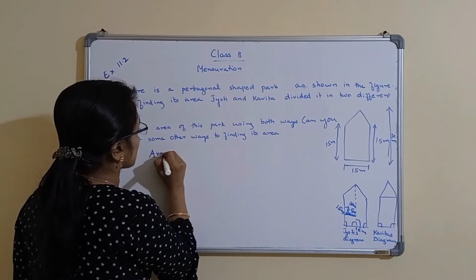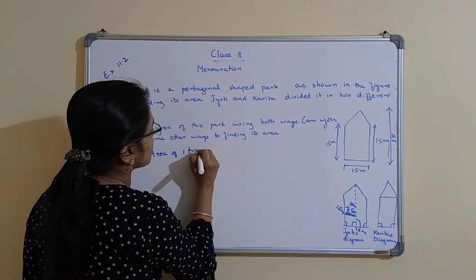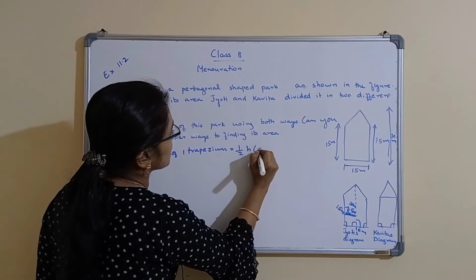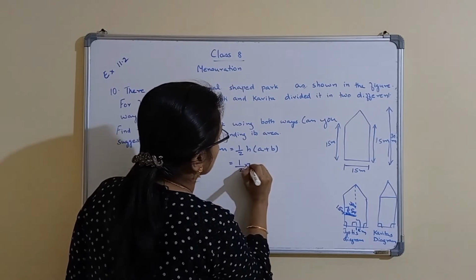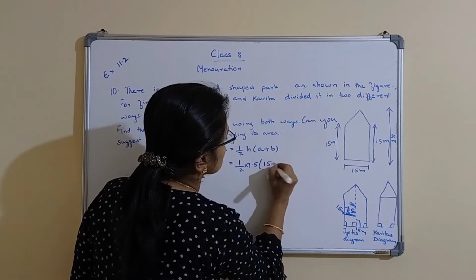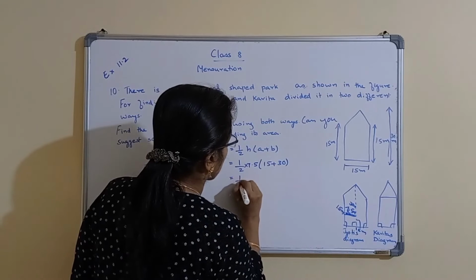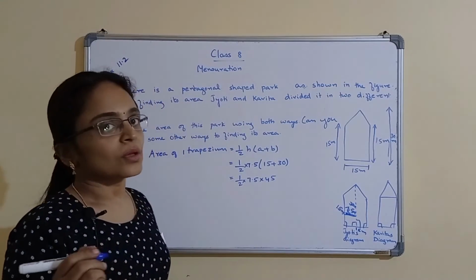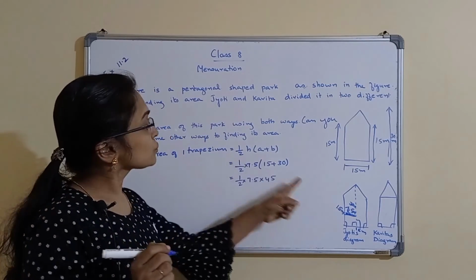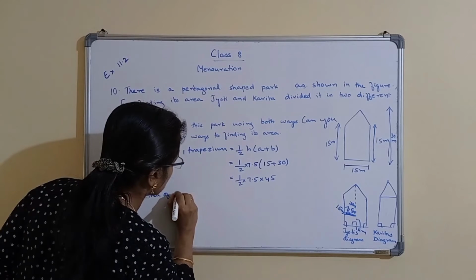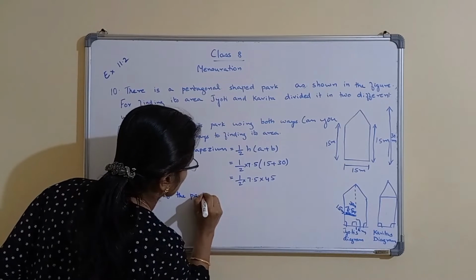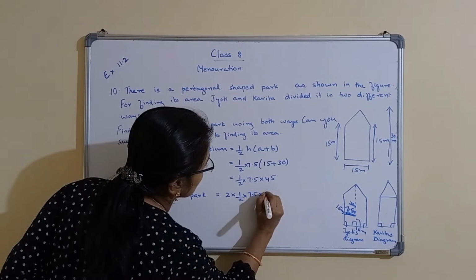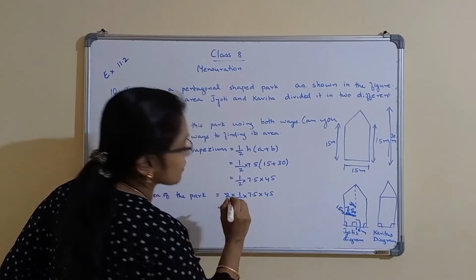Area of one trapezium is equal to half h into (A plus B), that is half of 7.5 into (15 plus 30), which is equal to half into 7.5 into 45. Okay. Now there are two trapeziums like this. So area of the park is equal to 2 into half into 7.5 into 45, which is equal to 7.5